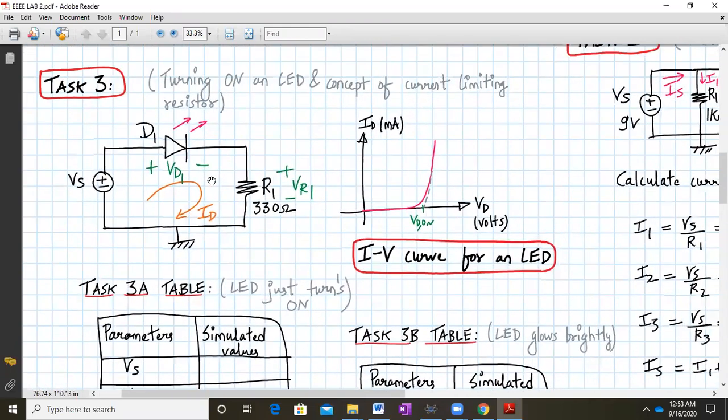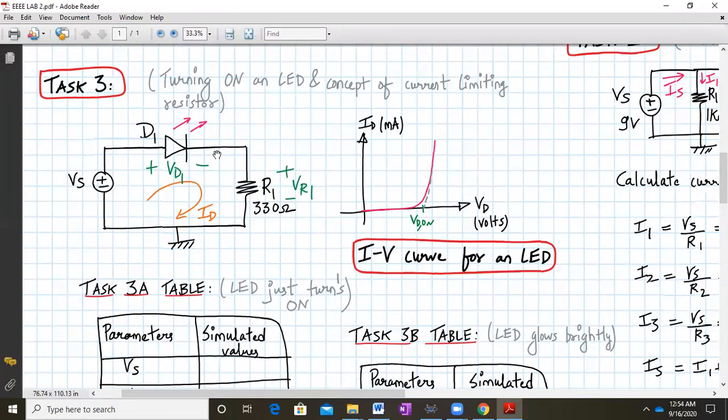live today. So this is task number 3. What you need to do is connect a voltage source, a diode, a LED basically, a light emitting diode. So what is a light emitting diode? Whenever you apply a voltage across the diode, so this is my cathode and anode, whenever you exceed a certain voltage, we call it the turn on voltage of the diode, or we call it mathematically as VD on.